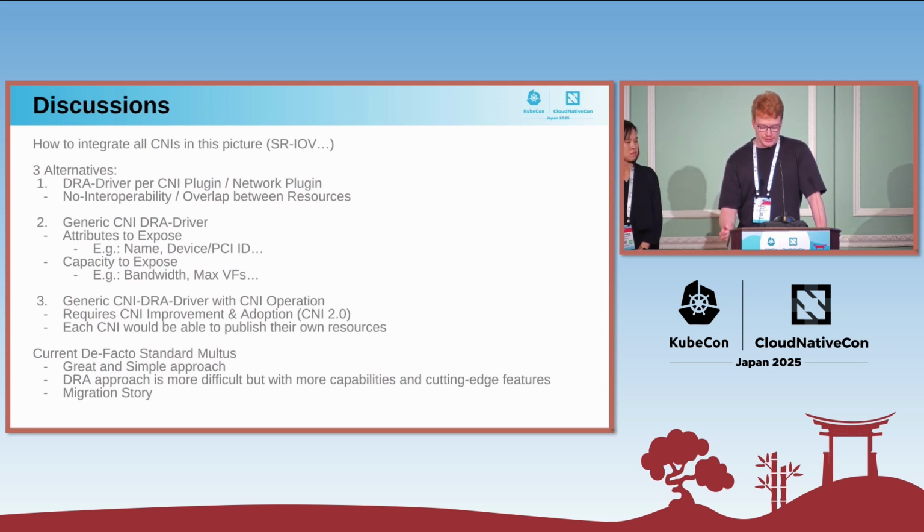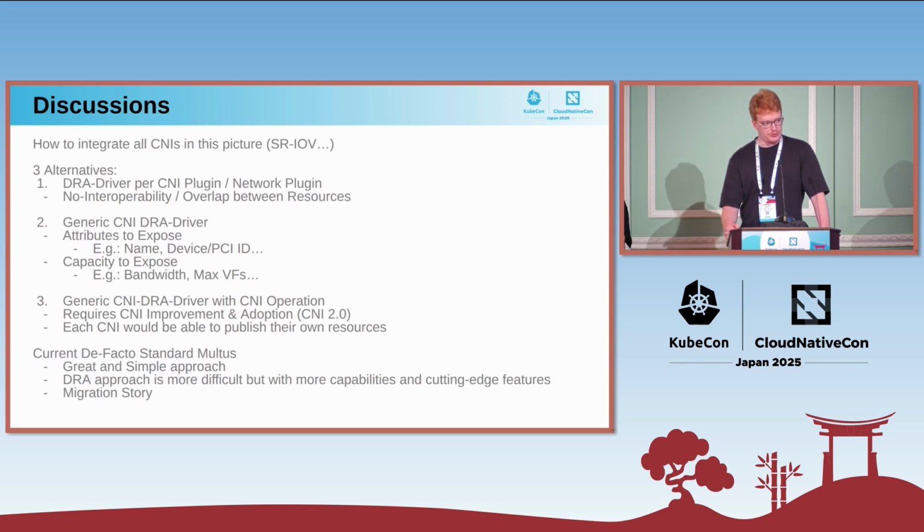Another challenge around this work would be the current de facto standard in Kubernetes to attach secondary network interfaces. So we have Multus, which is an absolutely great and simple approach, but it's not native in Kubernetes. As I said, it uses annotations, CRDs, and JSON format in these CRDs.